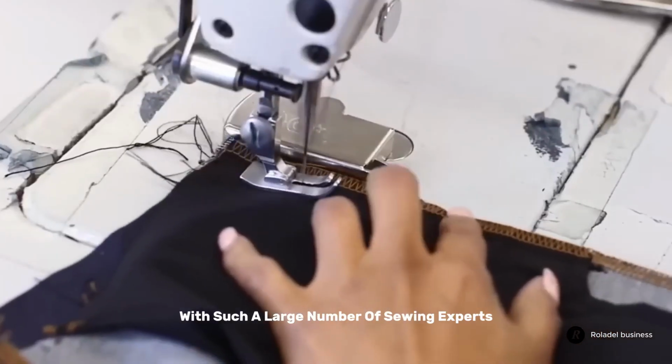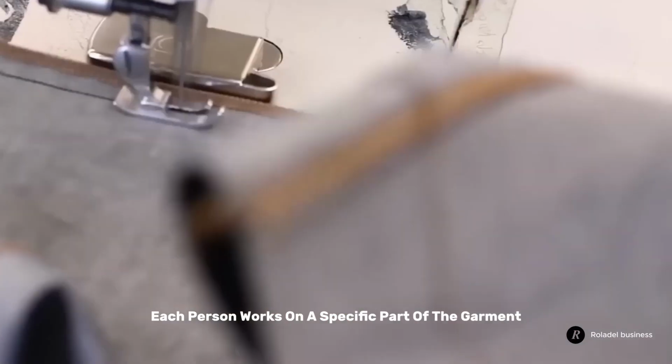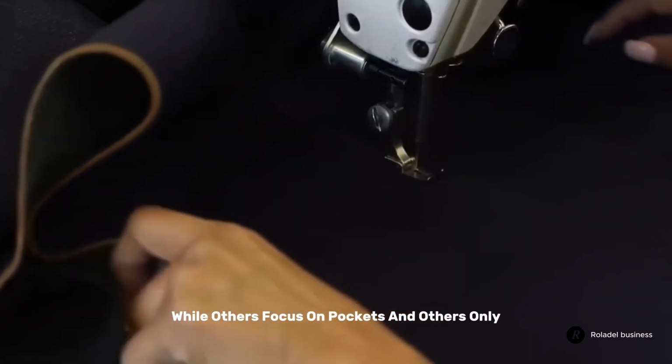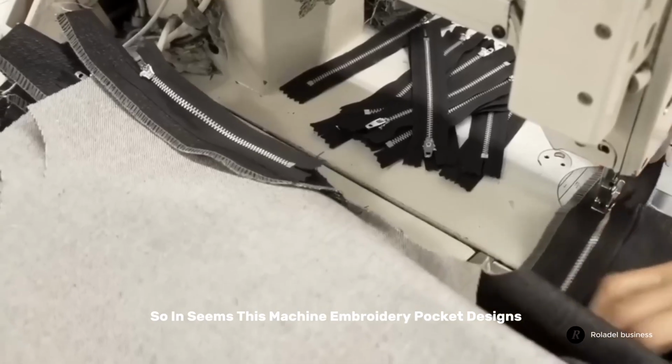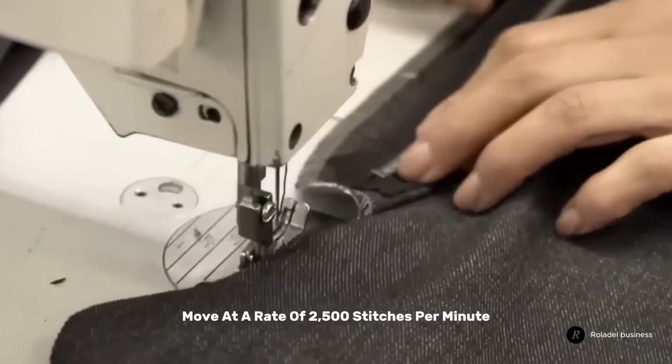With such a large number of sewing experts, each person works on a specific part of the garment. Some only sew zippers, while others focus on pockets, and others only sew inseams. This machine embroiders pocket designs. Its needles move at a rate of